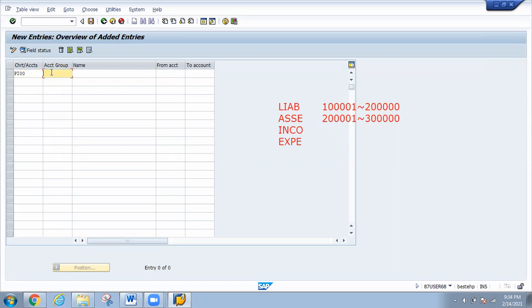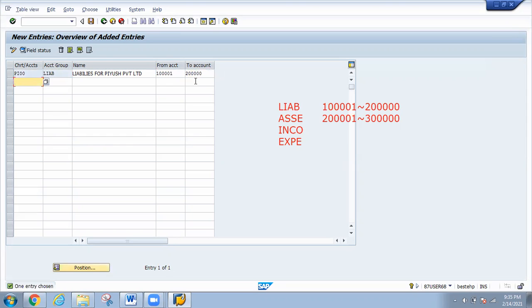So here I am writing LIAB. This is my liability group. So these are the liabilities for Piyush Private Limited. These are the 6-digit, say 1 lakh 1 to 2 lakh.